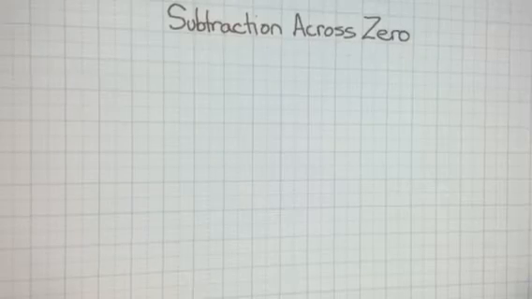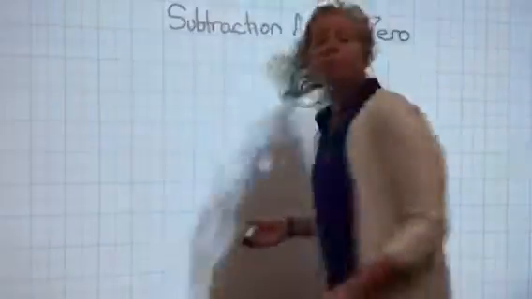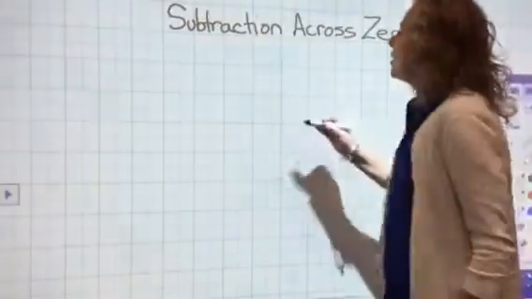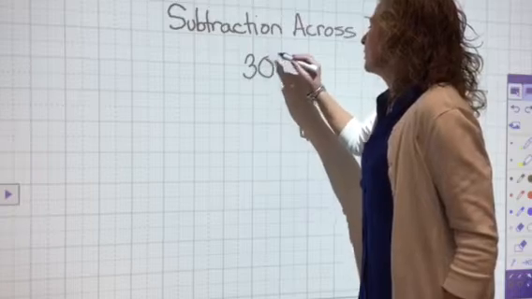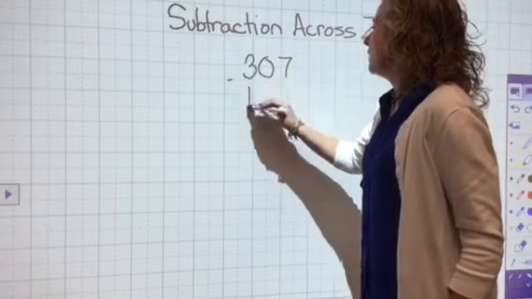All right, boys and girls, we have talked about 3-digit and 4-digit subtraction. Now I want to talk about subtracting when we have zeros. So let's try